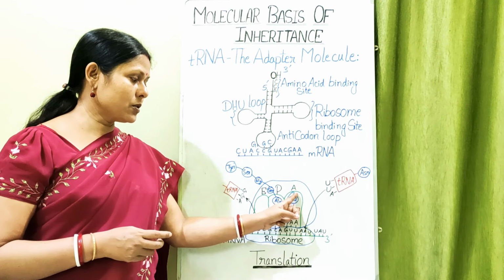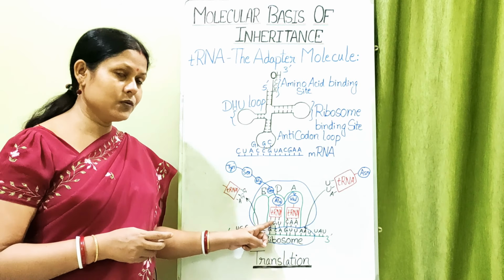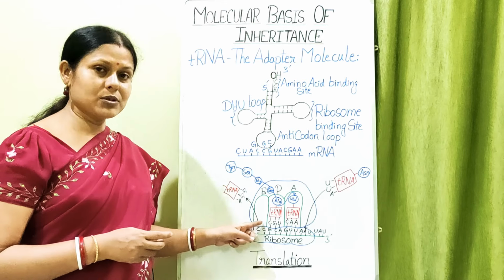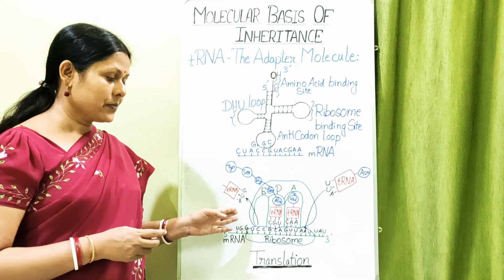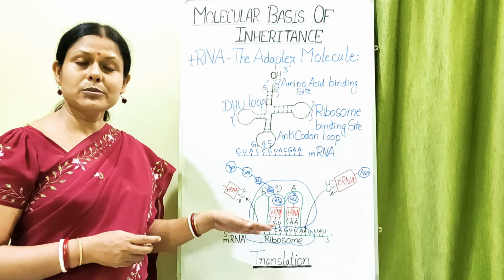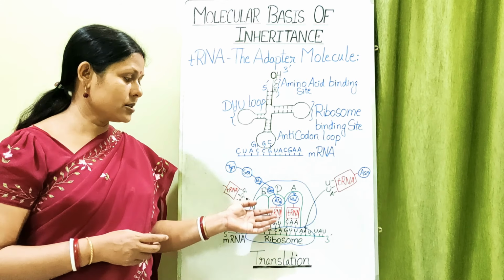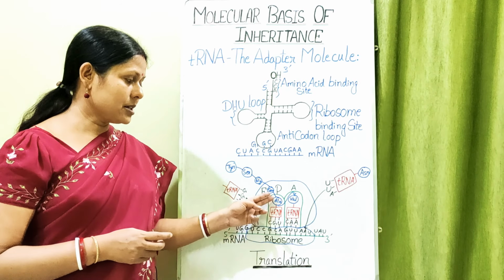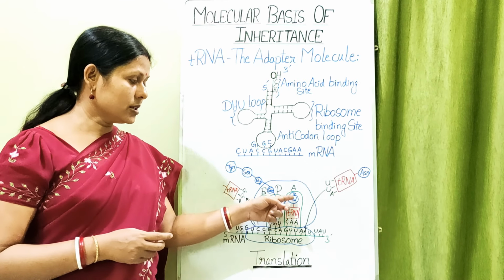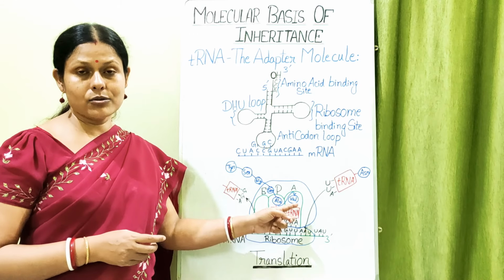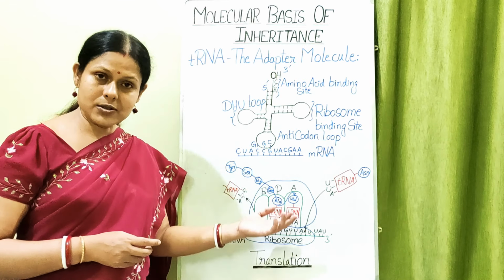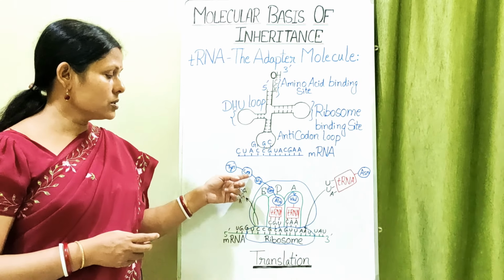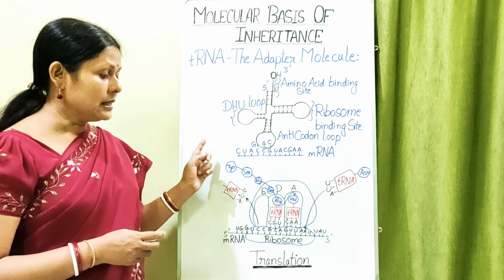So as soon as the peptide bond formation takes place, now this tRNA will move to this next position, and this tRNA will come to this E position, and it is released from the ribosomal subunit, because it has donated its amino acid. So this way the third tRNA will come over here in the A site, and by this time it is having two amino acids. So since they are lying again close in presence of that enzyme, again in presence of ATP, the third amino acid also will form the peptide bond. So this way a long chain polypeptide will be formed till it reaches the